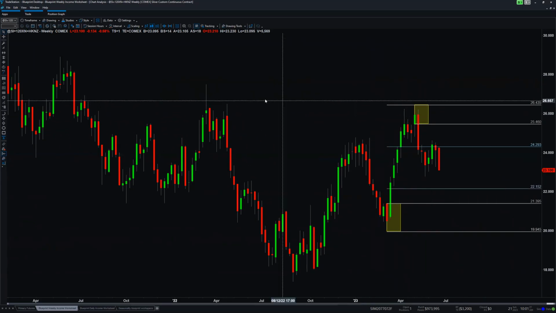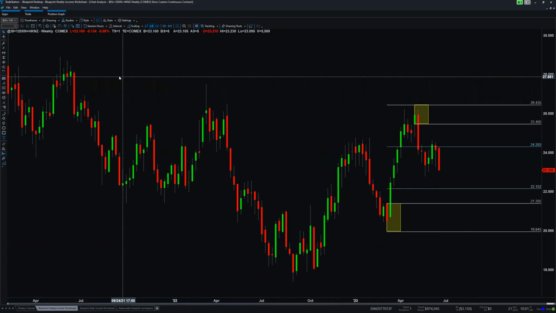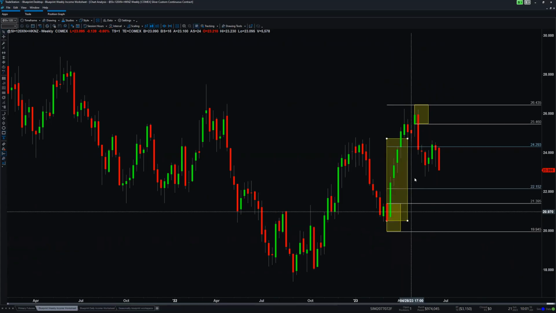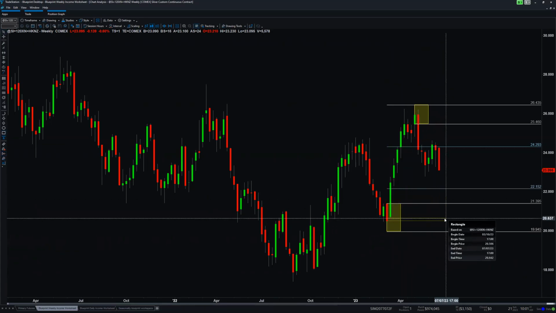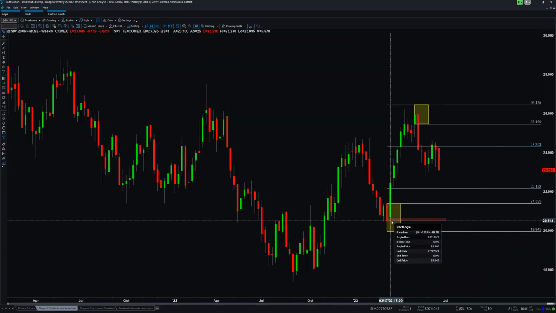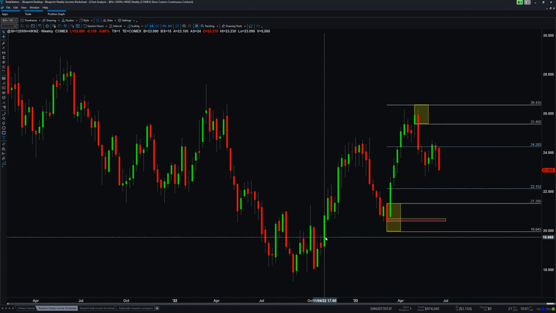Well, here I just have a large wick, not really a trap. And then here on demand, I may have a gap that I can see right there. And there is in fact a trap area,